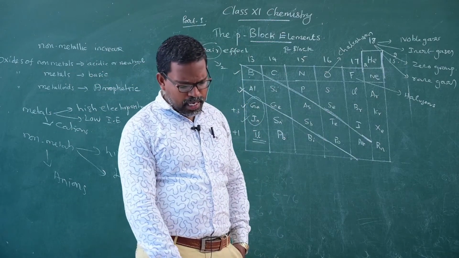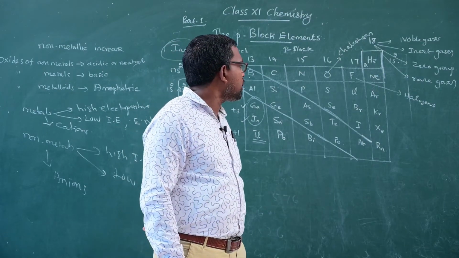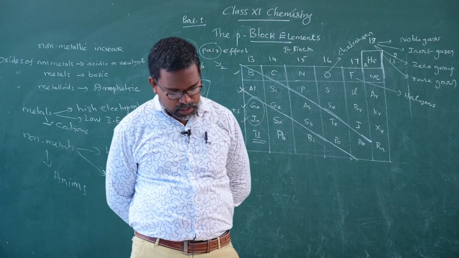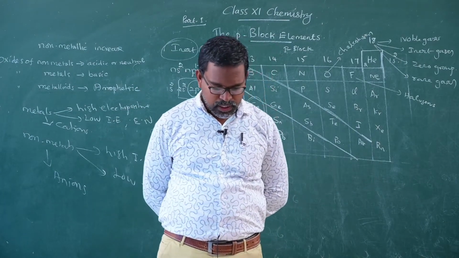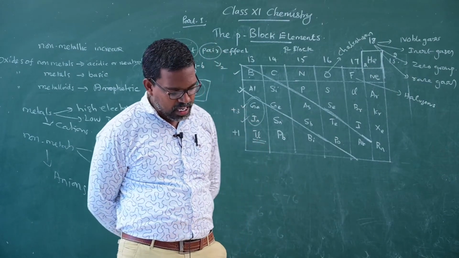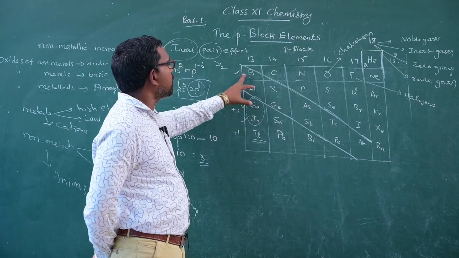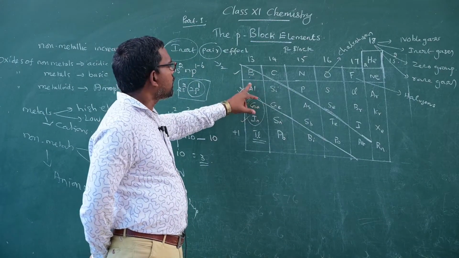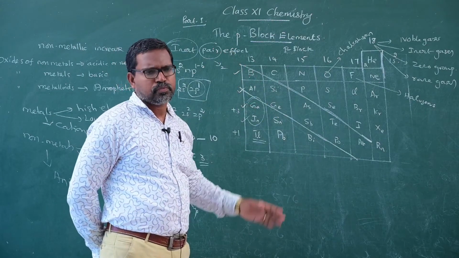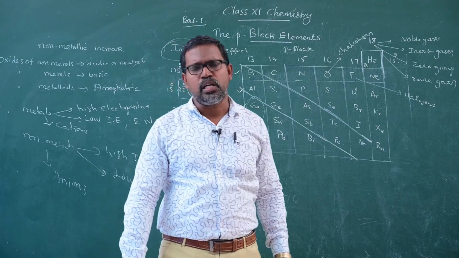And covalence up to 4. How to make this covalence up to 4? The first member of each group belongs to the second period and has only 4 valence orbitals. This is the second period of the periodic table and it mostly consists of 4 orbitals. These elements do not have any d orbitals.